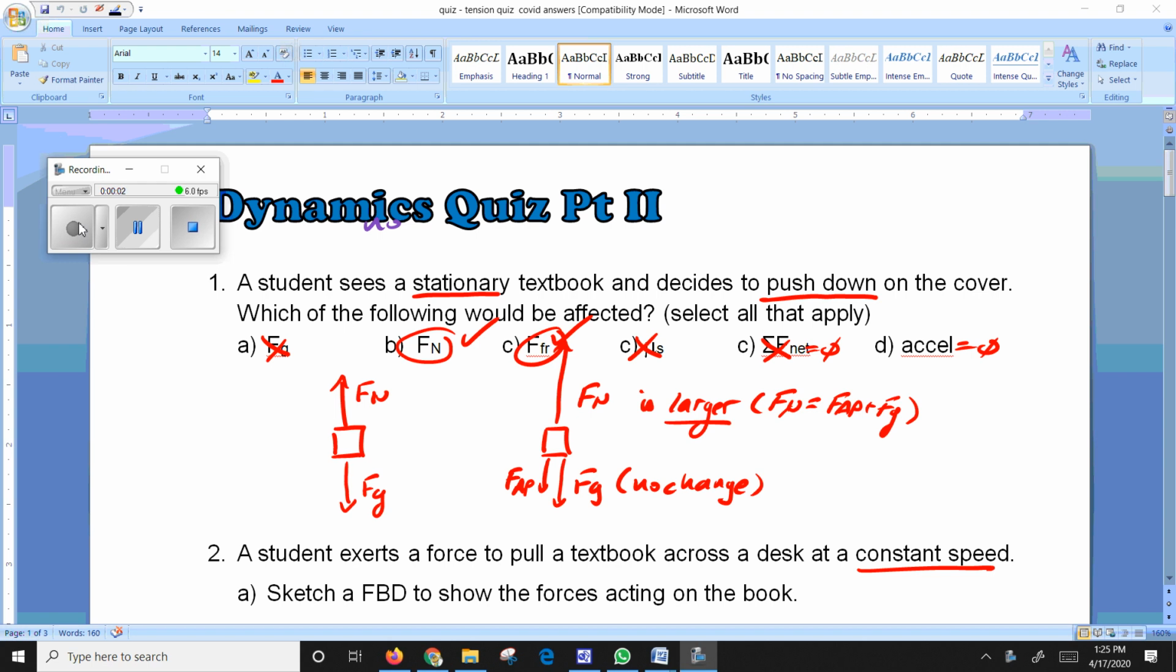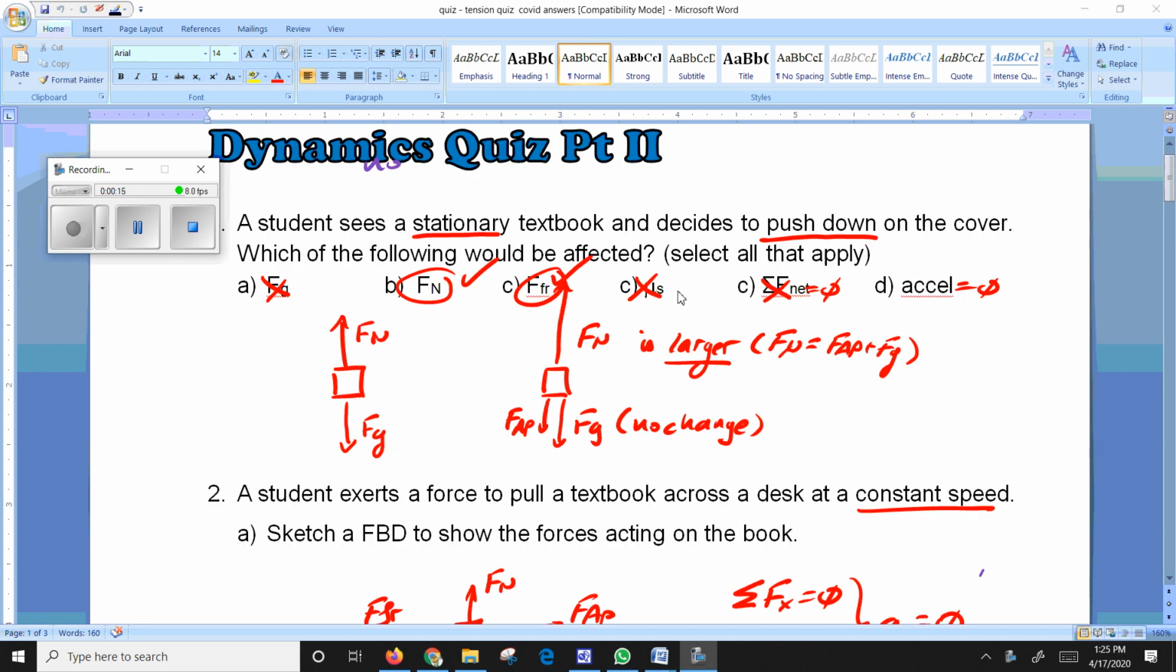Hey everyone, just going to go through the tension forces quiz I just gave you. I just want to make sure that we're all good, and there are some misconceptions I want to go through with you as well right now. Okay, so the first question was this stationary textbook, and we're pushing down on the cover,